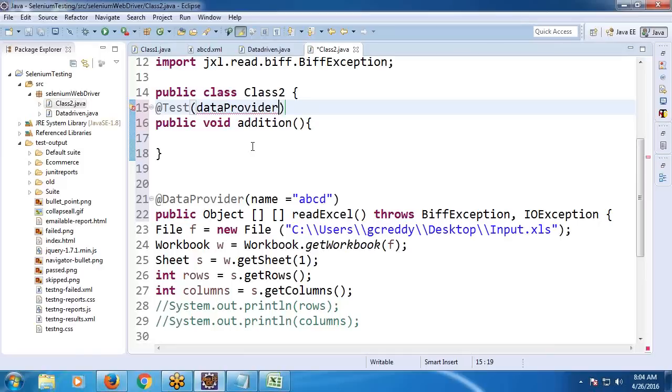Displaying value is different, returning value is different. The data provider returns the value, not this test method. This test method captures that value. The attribute is dataProvider equal to ABCD. Okay. Next,